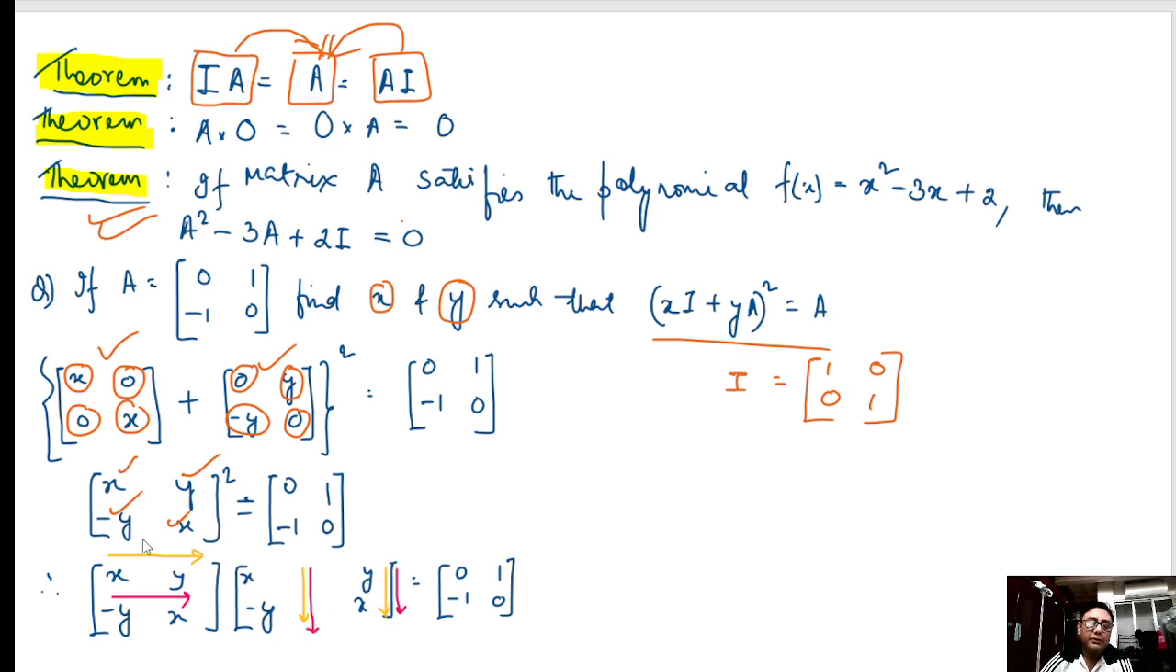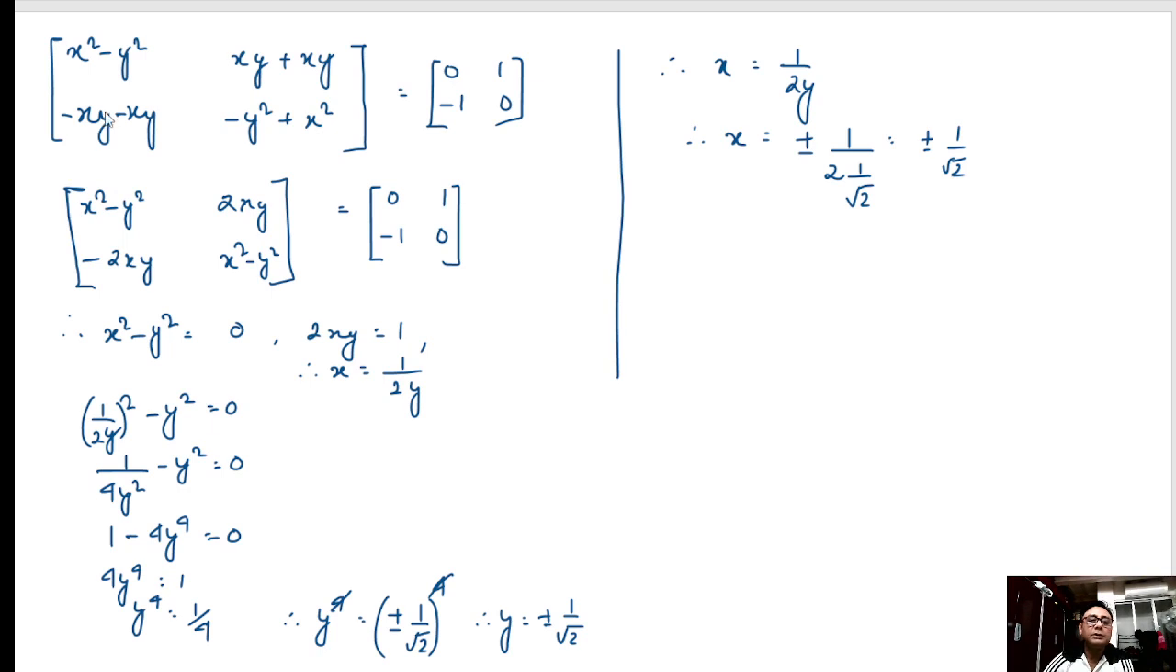So see, first we will take this row, and then we will multiply with this. Okay, let's highlight it first with a different color. So we will do x into x plus y into minus y. How much do we get? So see, this is how we get. Similarly, now we will do